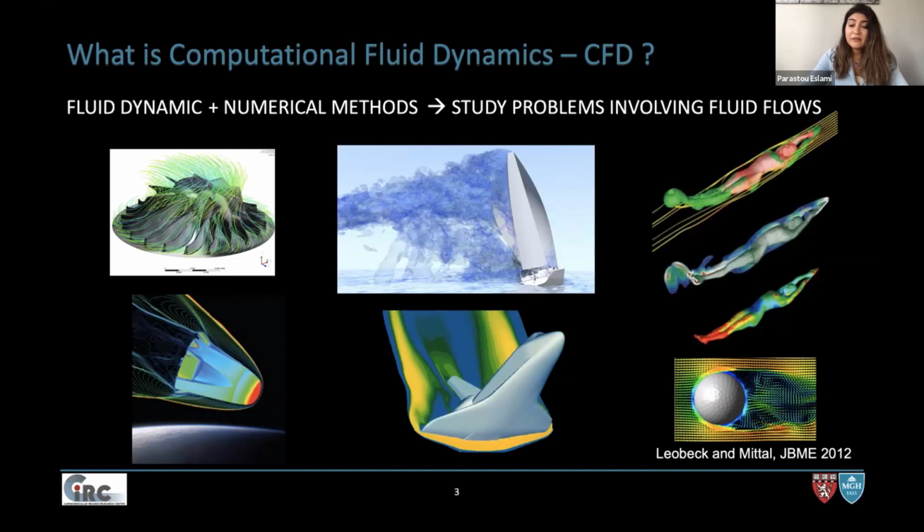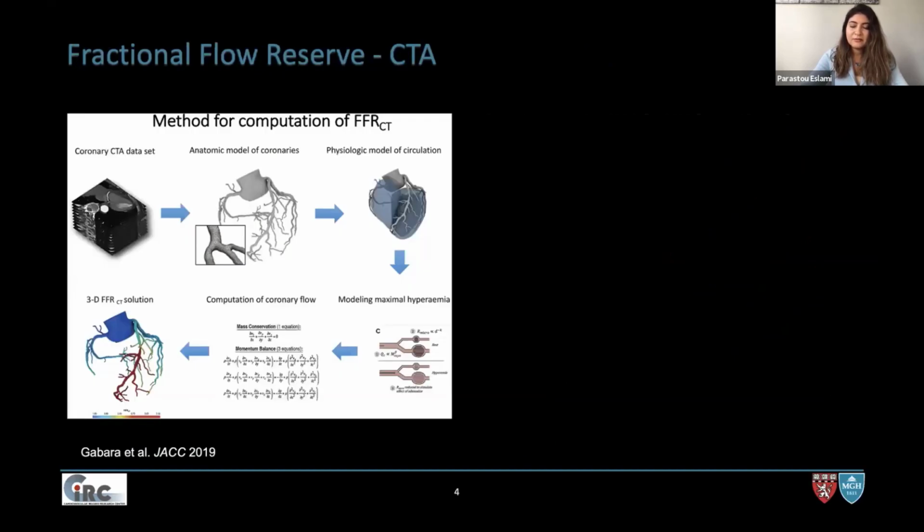We have caught up in the past 15 years, and we need to first and foremost talk about FFRCT, which has really revolutionized the connection between the engineering community and the clinical community, adding this non-invasive FFRCT